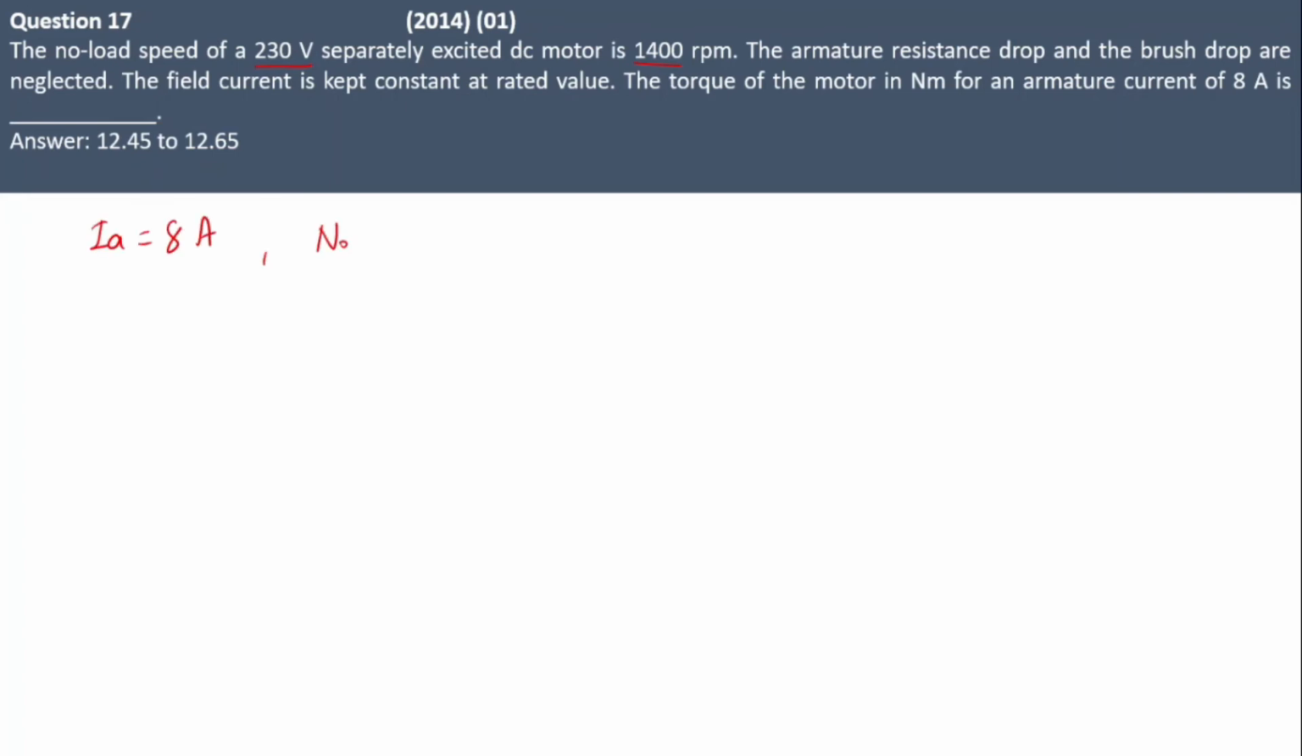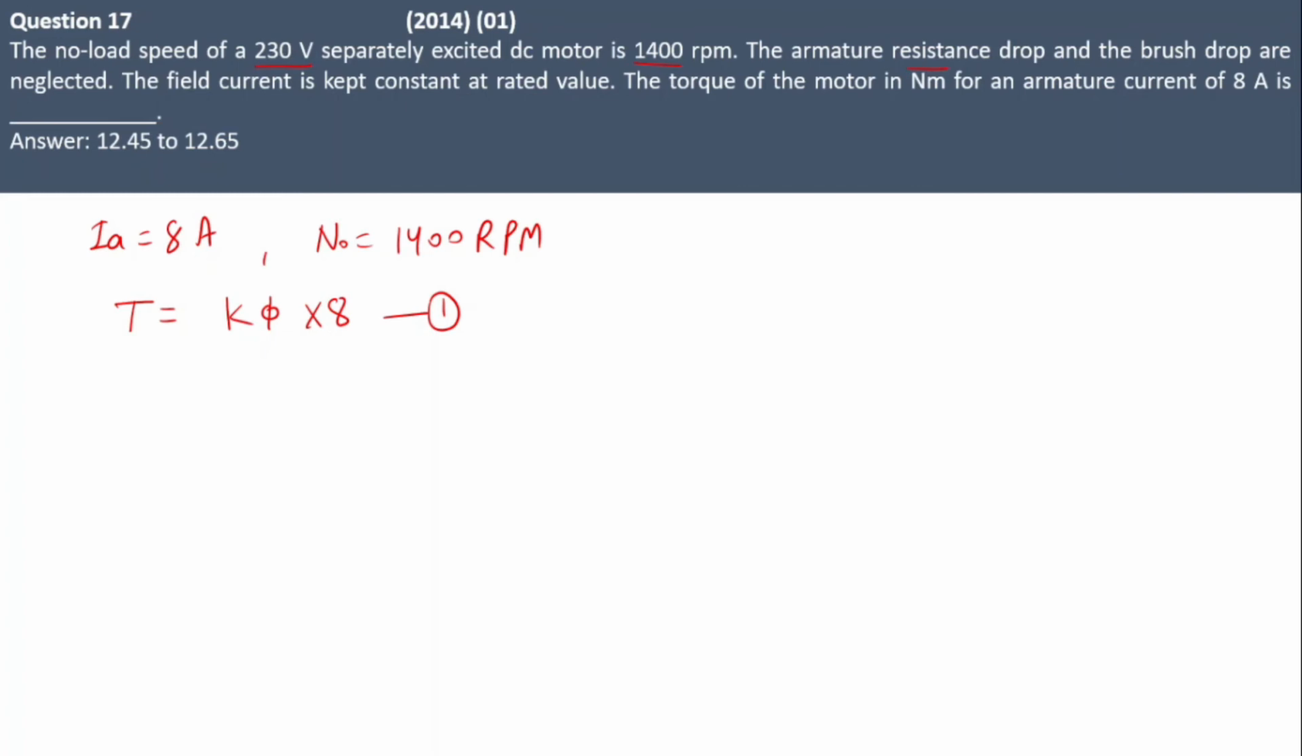No load speed 1400 rpm, and you have to find out the torque. T equal to K phi into Ia, which is 8, equation number 1. Another thing you can calculate is basically